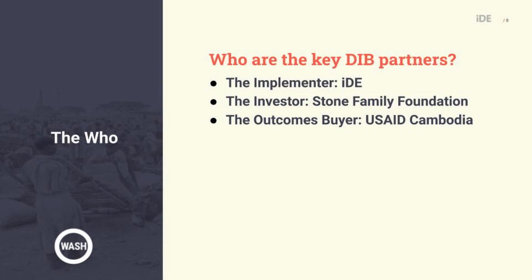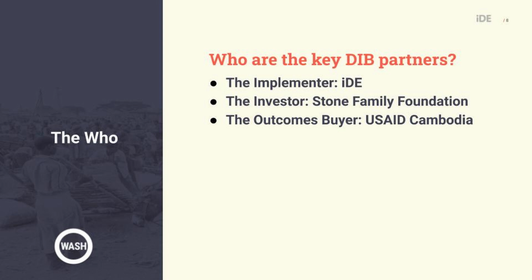So the key DIB partners. We got the idea that we think a development impact bond is the right way to go. We had this longtime partner in the Stone Family Foundation who thought that might be a good idea too. As luck would have it, they were looking to get into innovative financing. They'd always been a grant-making organization, and they were really looking into figuring out how do we serve as an example for the sector on how we can inject new funding into the system, funding that wouldn't be there otherwise. And how do we be the risky first actor in that space?